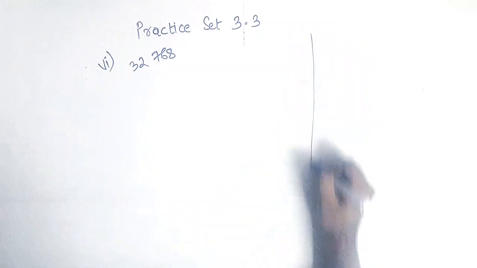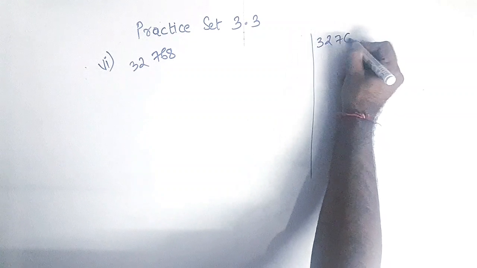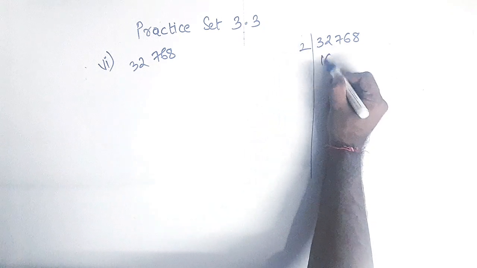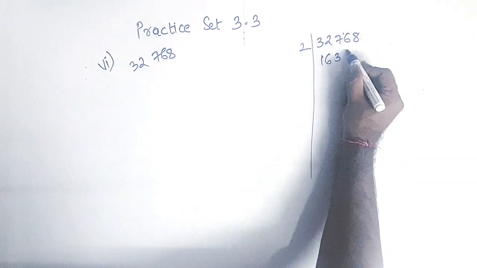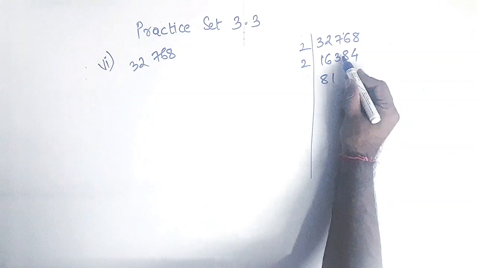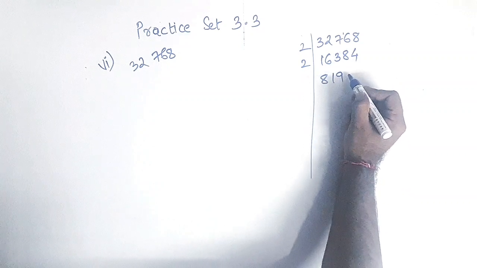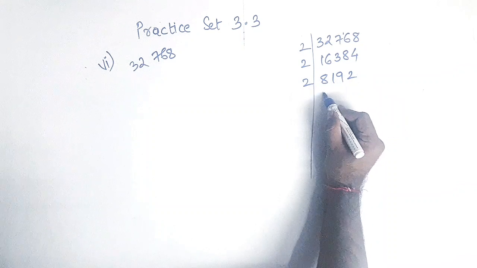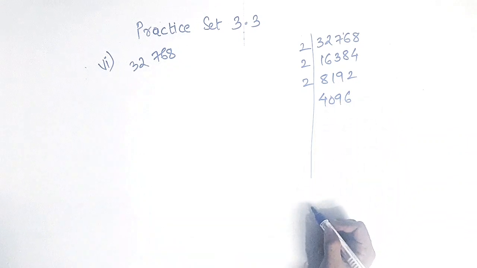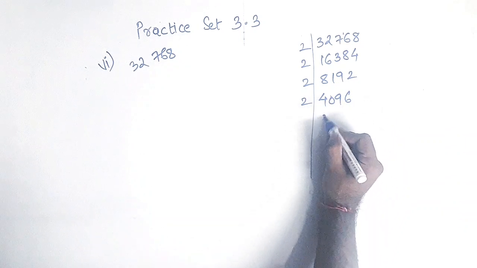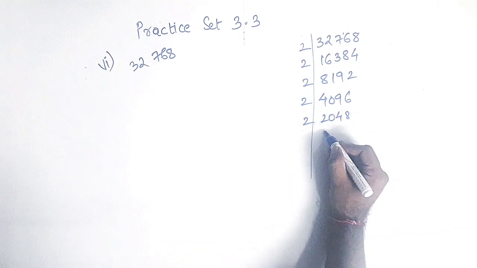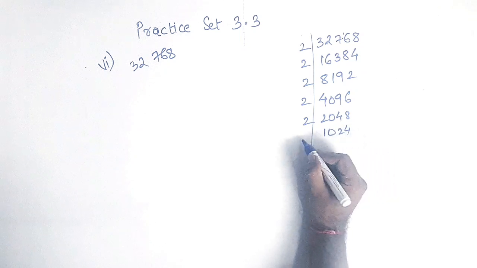which is 32768. So I'll arrange it like this. 32768 divisible by 2? Yes. 2 3s are 6, 2 8s are 16, 2 4s are 8, 2 8s are 16, 2 1s are 2, 1 remains, 2 9s are 18, 2 2s are 4, 2 4s are 8, 0s are 0, 2 9s are 18, 2 6s are 12. Okay. 2 20, 2 4s are 8, 2 8s are 16, 2 1 0 2 4,